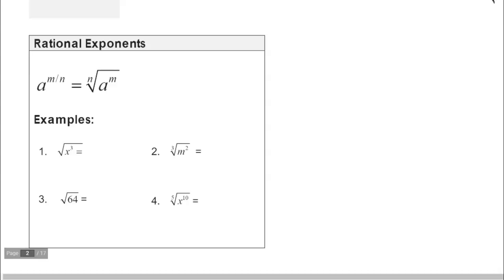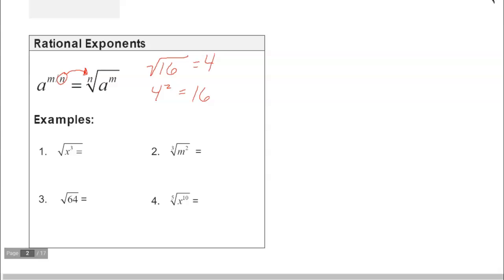And just the biggest thing is that you notice what's on the bottom here. So if I have m divided by n, that goes in front. And typically, what you guys would have and notice is that normally we have something like the square root of 16. Hopefully you guys know that the square root of 16 is 4. And then if we go the other way, we know that 4 squared